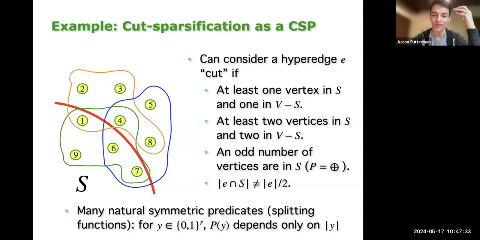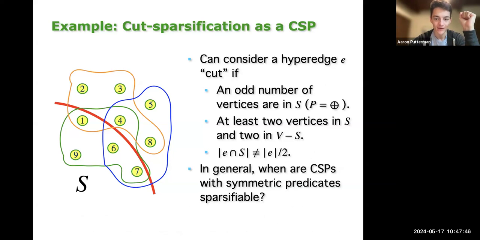And that's to say this predicate P that we're applying to each hyperedge depends only on the magnitude of the string that it's operating on. And it turns out, in this setting is where we're going to get some very nice results today. In particular, the natural question that we're going to ask is,